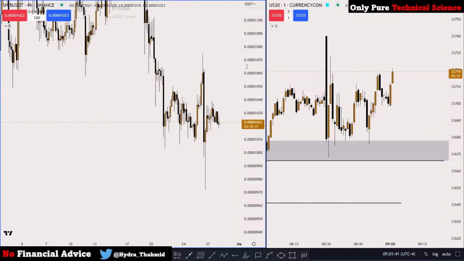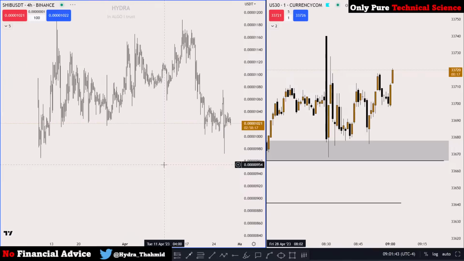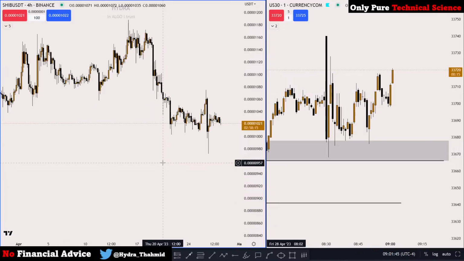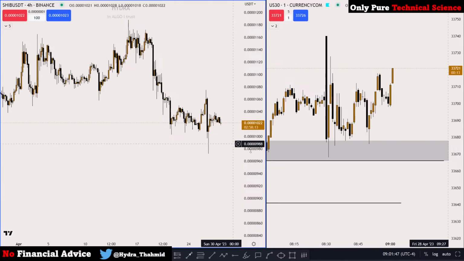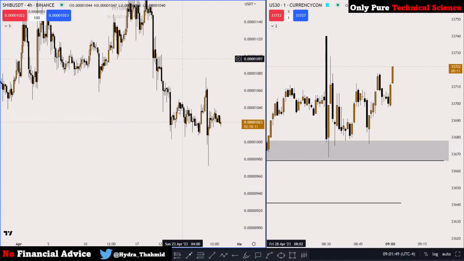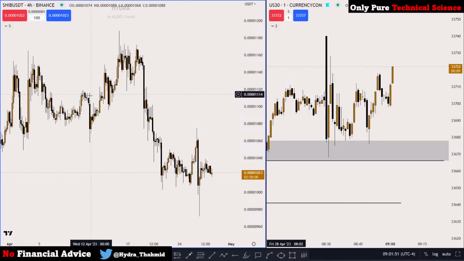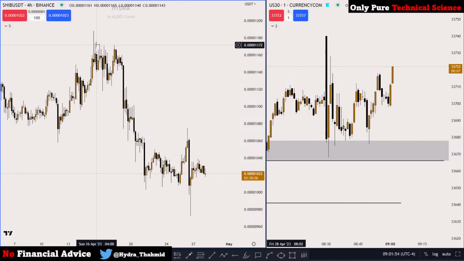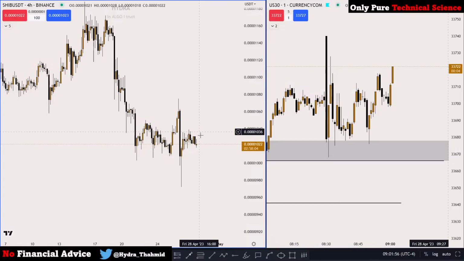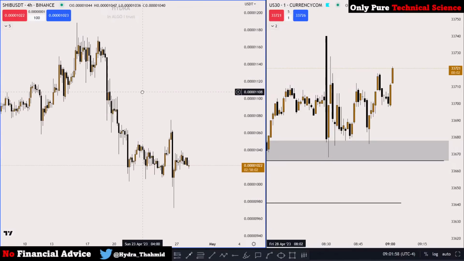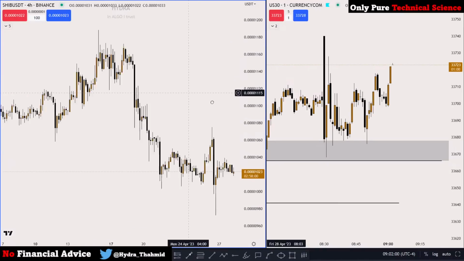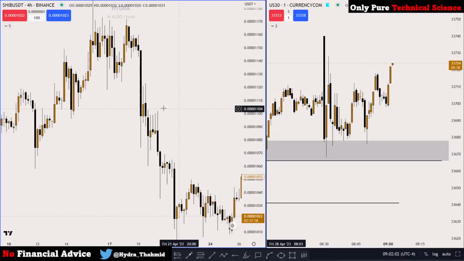You know, it's messy, it's choppy, it's not like Ethereum, but it does provide clean setups. Forget about the wick here, okay? It's not like every time you see a wick on another chart you want to measure it, but on SHIB, I've been looking at SHIB for quite a long time, and you can see how SHIB is respecting